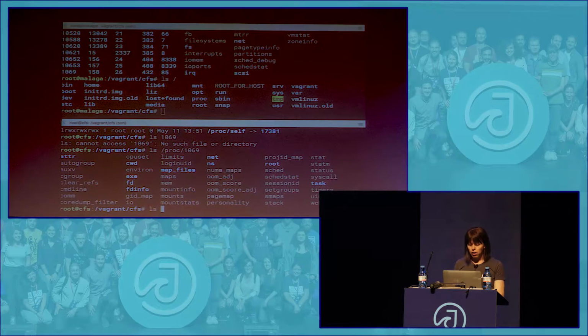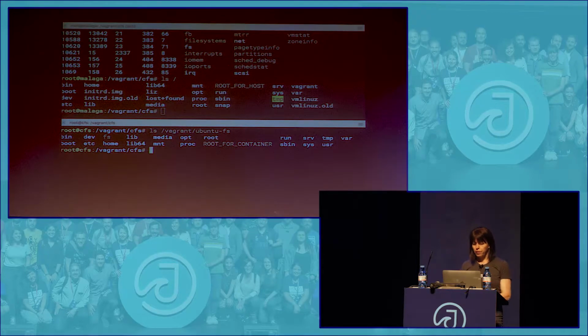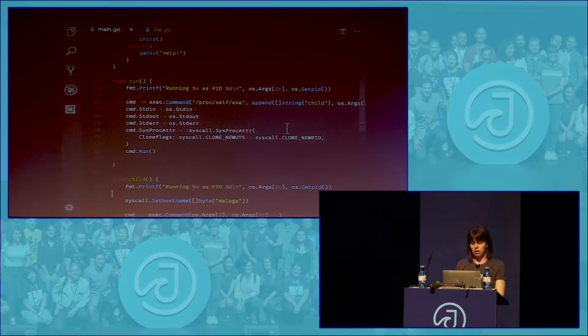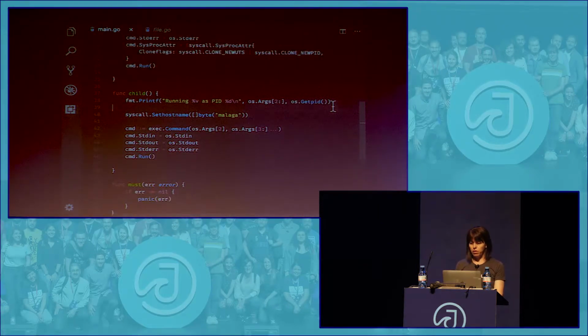On my host, I happen to have a copy of an Ubuntu file system. So it looks like sort of normal directories that you would have under root. I've identified it in this file called root for container. And I'm going to mount that, I'm going to change root inside my container to point to that. So, where I do this,